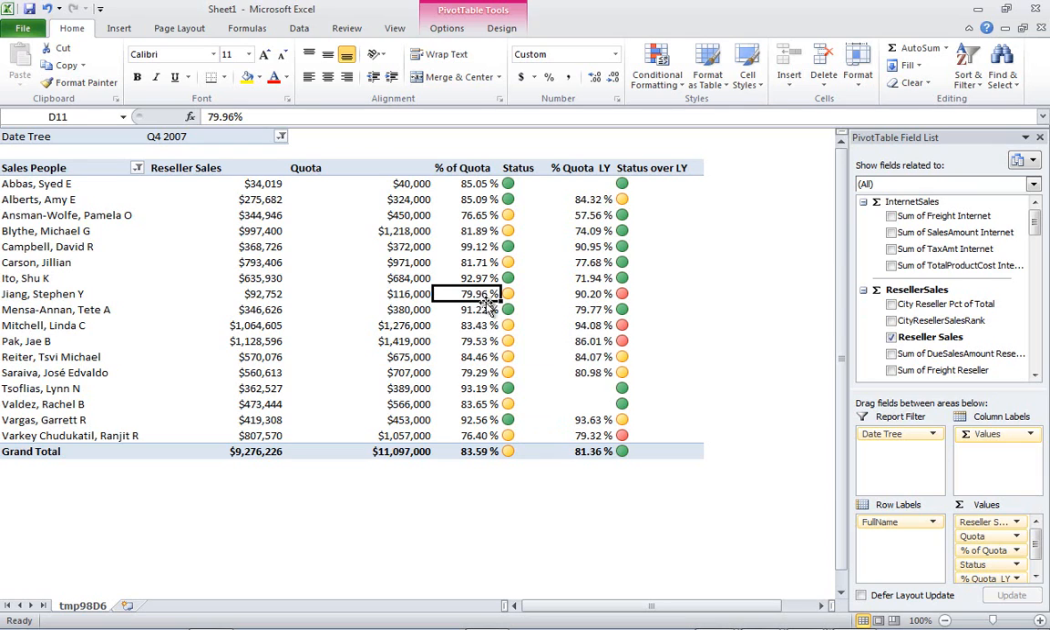We'll take Stephen. Stephen is almost at 80% of his quota for the year. Last year he was at 90%. So this year he's doing okay, but he's not doing as well as he was last year because he was at 90%. Now, this kind of thing over on the OLAP side would involve a calculated member to come up